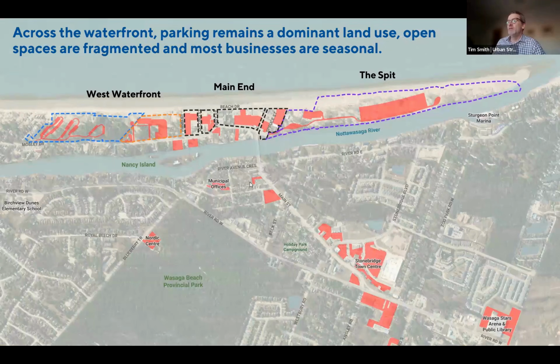This map gives you an idea, the red areas, of how much parking there is along the waterfront. It's about 30% of the land area along the heart of your waterfront, with the beach and natural features being about 40%. So we really do need to find a strategy to deal with the parking. We know we can't really reduce parking in any significant way. If anything, we probably will have to increase it as we're giving more reason for more people to come here. But it's clear we need to start moving some of it away from the waterfront, putting it into parking structures,